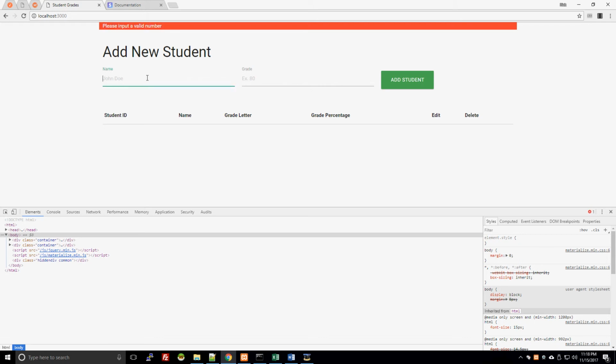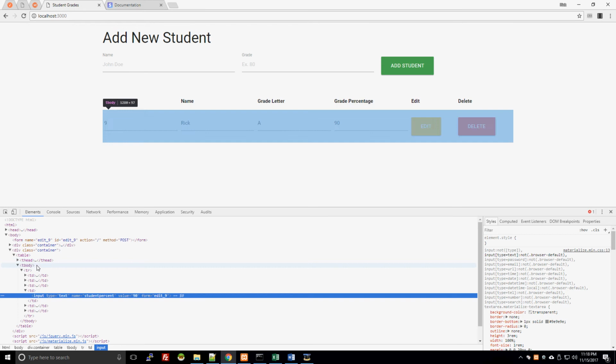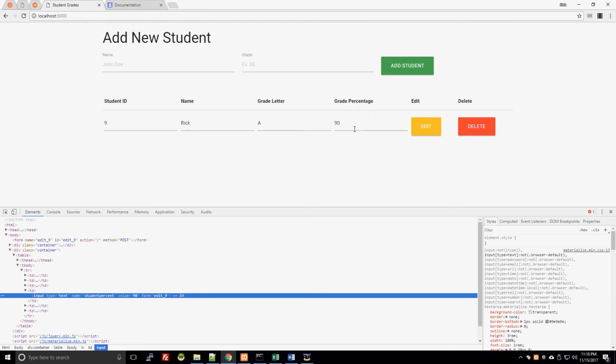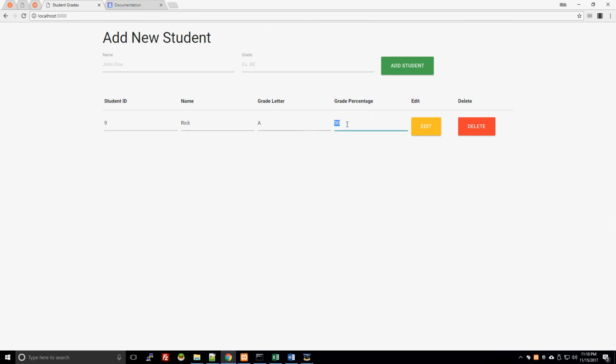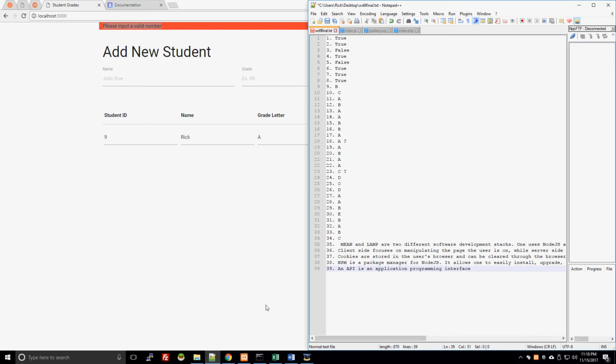And this also works for these inputs right here. Actually that already is a text input, so I can just start typing "this is a grade." If I try clicking edit for that now, it's going to give me the exact same error essentially. Now if we open up the code here